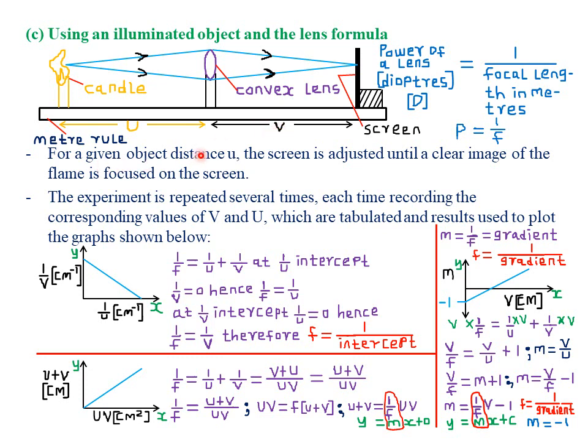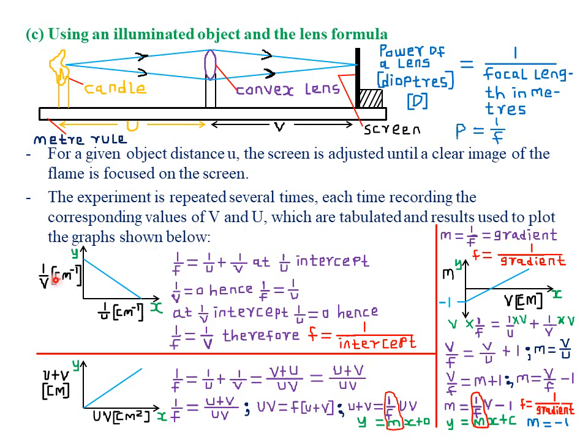So for a given object distance u, the screen is adjusted until a clear image of the flame is focused on the screen. So the experiment is repeated several times, each time recording the corresponding values of the image distance v and the object distance u, which are tabulated. To tabulate is simply to record values in a table, and the results used to plot the graphs shown